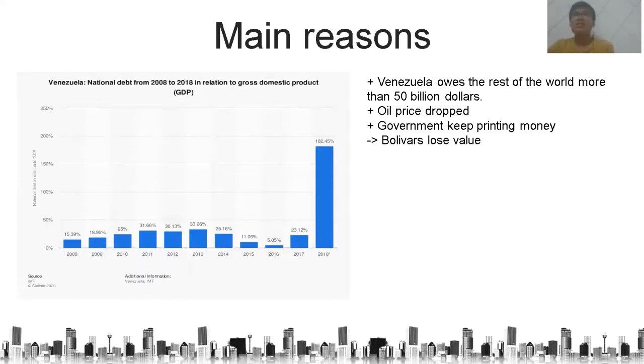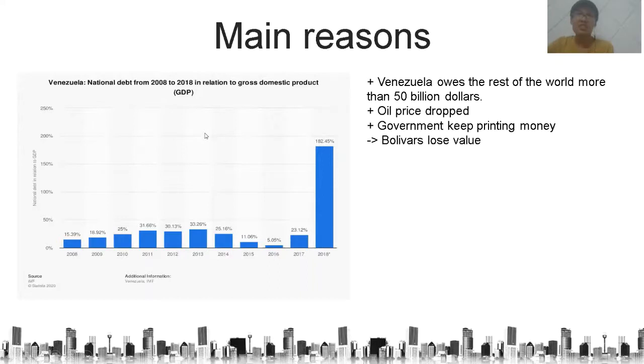Consequently, it had to create bolivars to buy dollars from the foreign exchange market in order to pay Venezuela's debt. But when the government keeps printing money, this makes the bolivar lose value on the foreign exchange market, which means inflation. Because no one in the world needs that many bolivars, it had no effect on the Venezuelan debt at all, because the debt is not a bolivar debt, right? Hence, the bolivar inflation has become